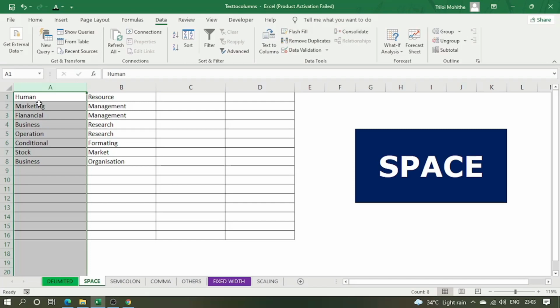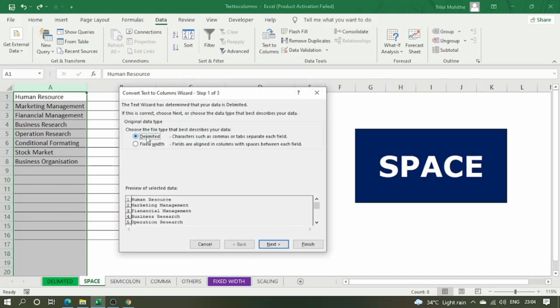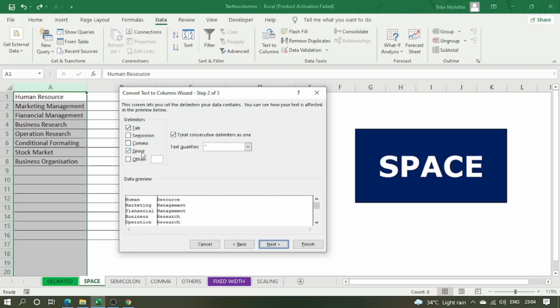So now I would like to show you, you can place your output into different columns. So how we can do that? Let me show you that part. First, in the text to columns step, select the particular column and then go to the data tab and text to columns, then select the delimited option and click on next, and then select space, mark space, and then next.